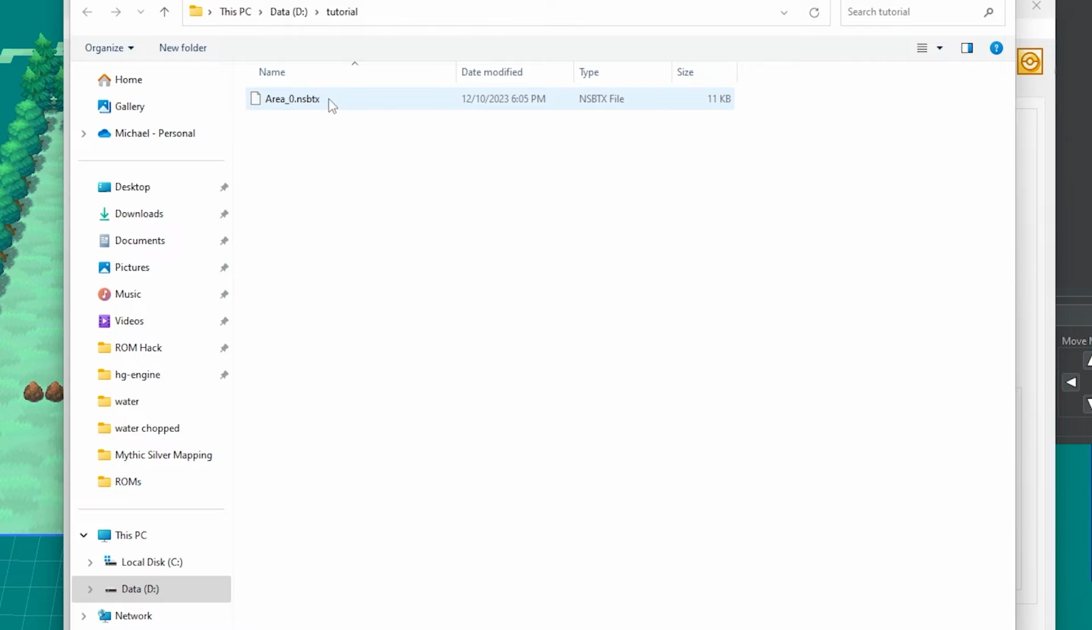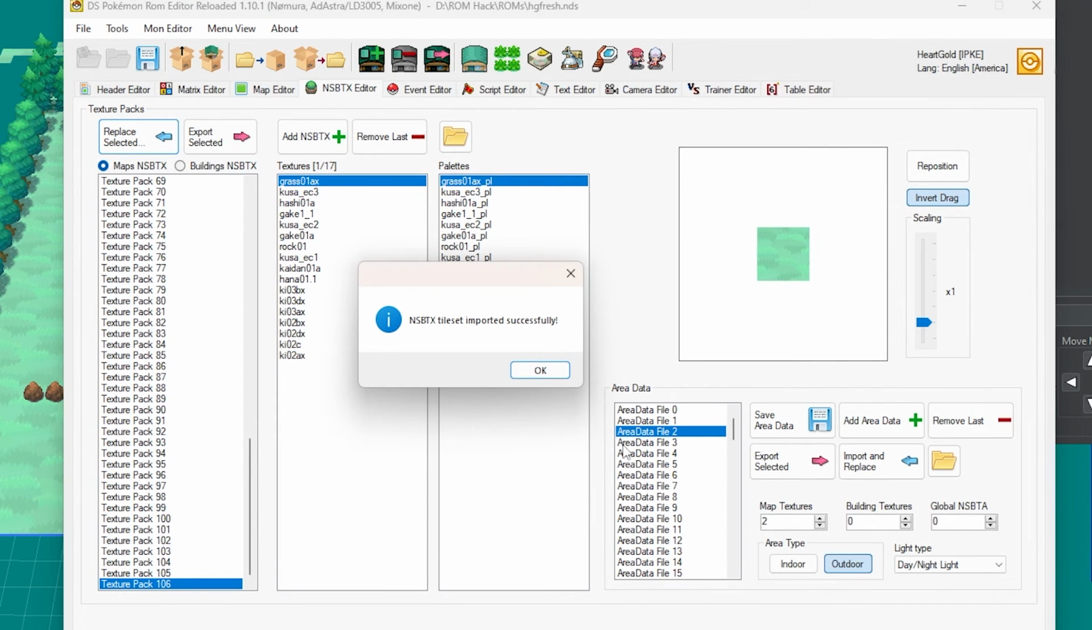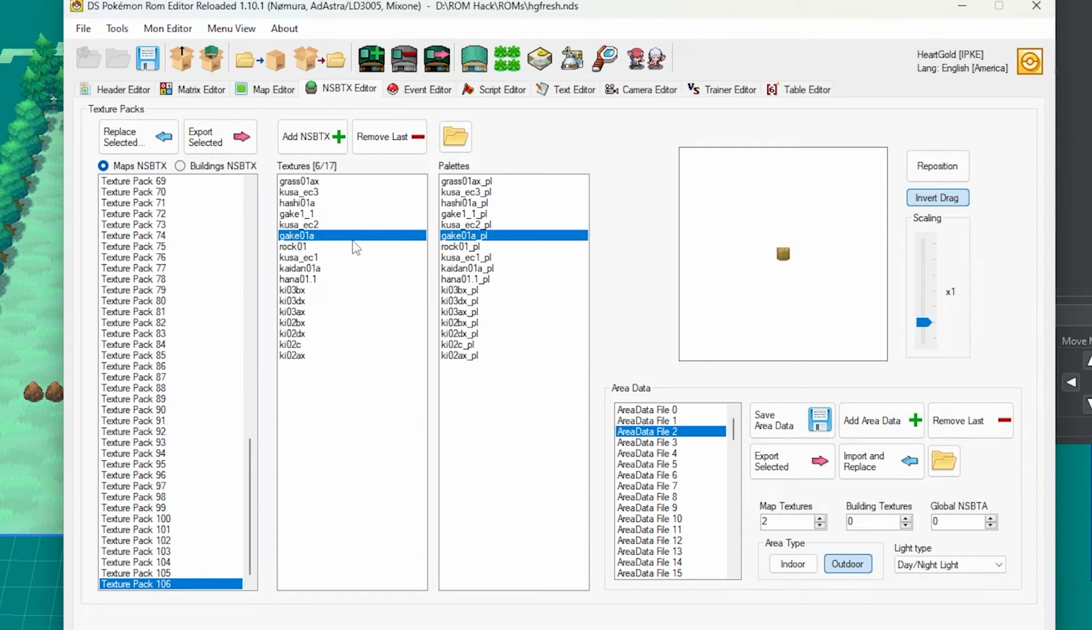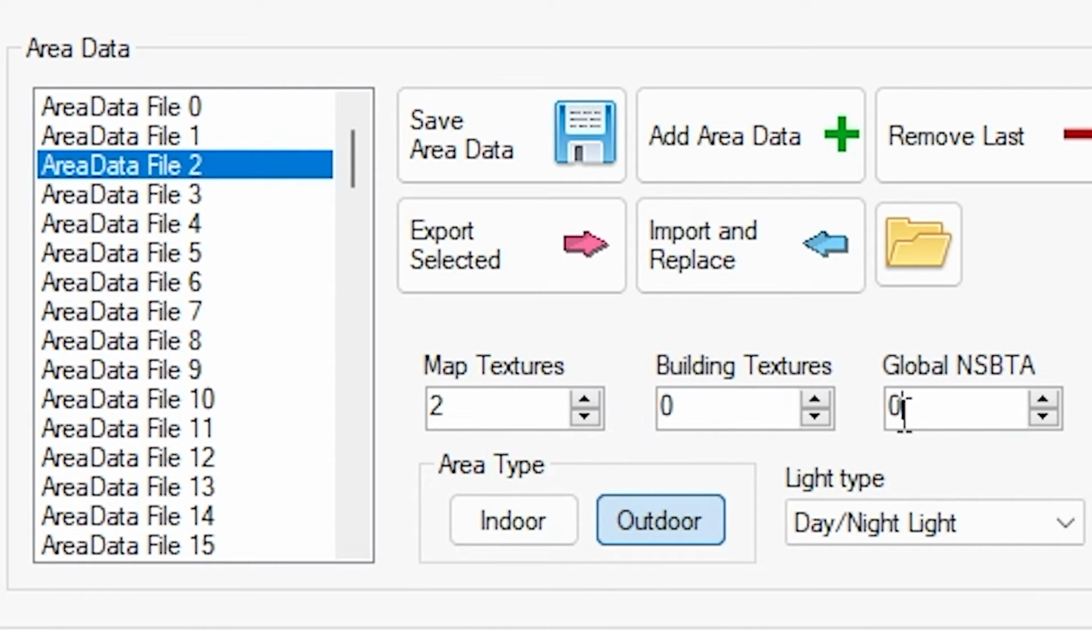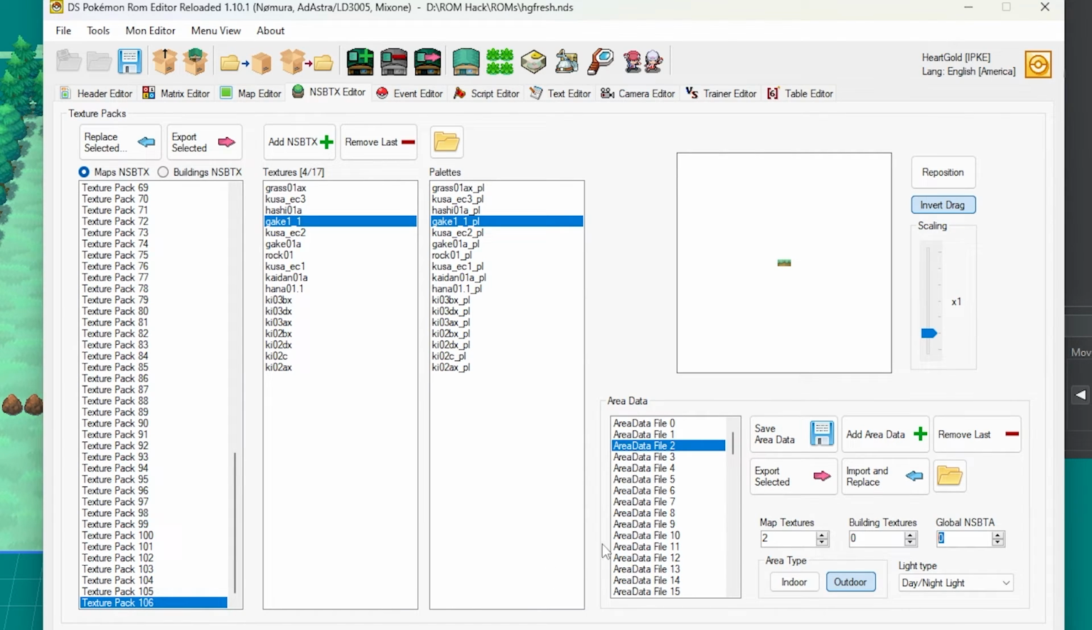So we're going to hit Replace and click on Area 0, or whatever area you want to use for yours, and boom, now all of our textures are here. And so now we have our Gen 5 textures in our HeartGold and SoulSilver game. So now what we're going to want to do is create a new area data associated with this, but we also want to copy the building textures and the global animation textures references. So this is 0 and 0,